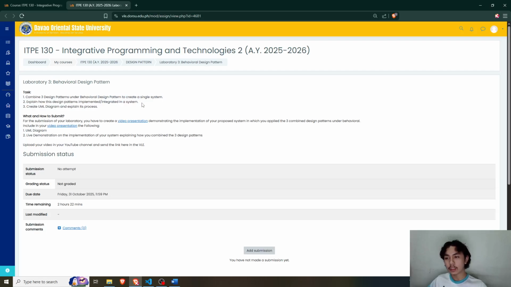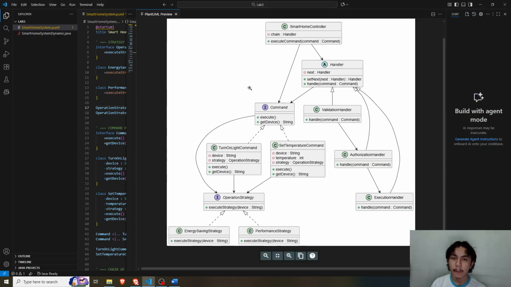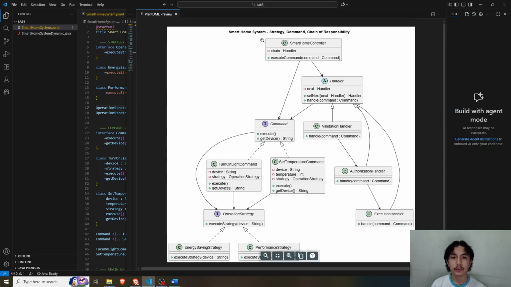So in summary, this smart home controller system incorporates the strategy, command, and chain of responsibility behavioral design patterns in order to produce a controller program. The strategy pattern allows flexible behavior selection at runtime.